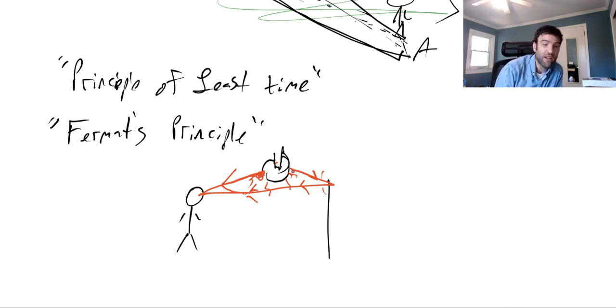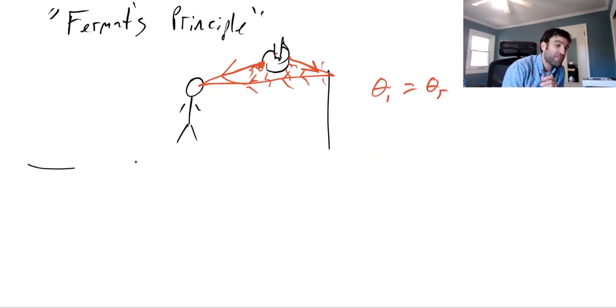And if we say that light has to bounce off the mirror in between when it's emitted and when it hits our eye, then this path is simultaneously the fastest path and the shortest path. So when we think about this principle that we encountered thinking about reflections off a mirror, that the angle of incidence was equal to the angle of reflection, this mathematical relationship comes from both a principle of least time or a principle of shortest distance. Okay? But it turns out, however,